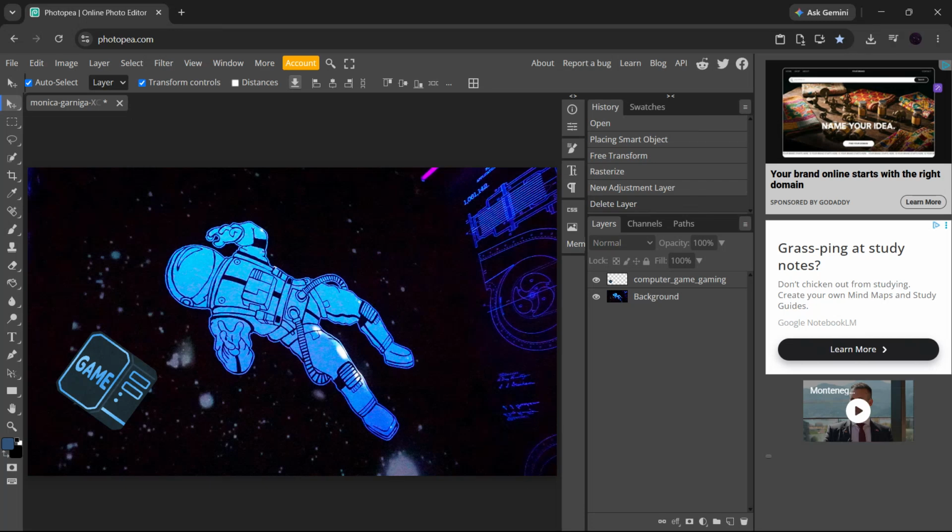In this video, I'm going to show you how to flip an image in Photopea, and I'll cover both ways to do it. You can flip the entire canvas if you want to mirror everything at once, or you can flip just a single layer if you only want to change one object, photo, or piece of text. This is a really useful trick for creating mirrored designs, adjusting layouts, or quickly fixing the direction of an image